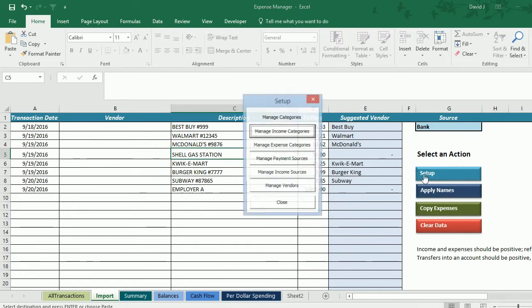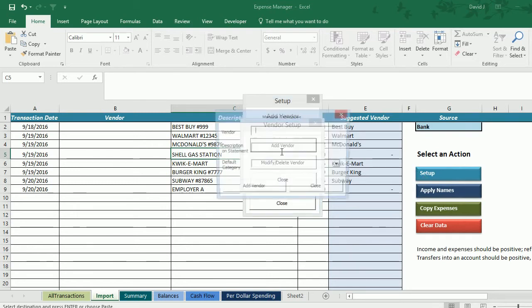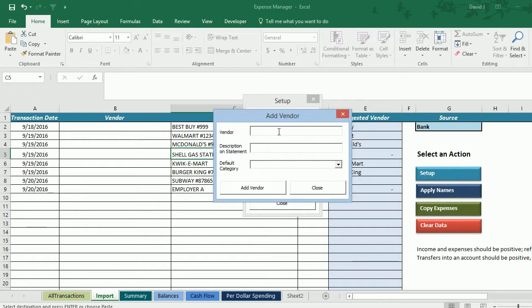I'm going to hit the Setup button, Manage Vendors, Add Vendor, and for vendor name, I'm just going to type Shell Gas Station. The description on the statement has to match the text in the description, not entirely, but as long as it finds the words in there. If I were to just type Shell, or Shell Gas, or Shell Gas Station, it would work in this case. But you want to make the text as long as possible to make it as unique as possible, and at the same time make sure it's consistent,